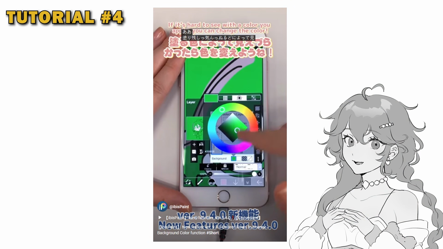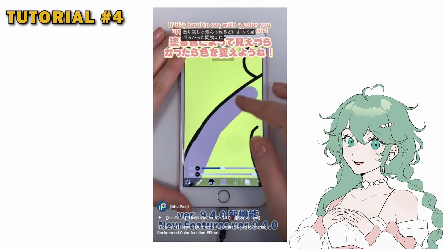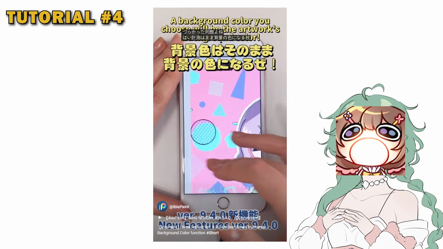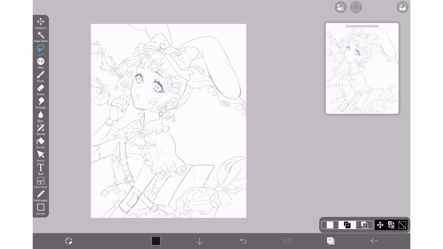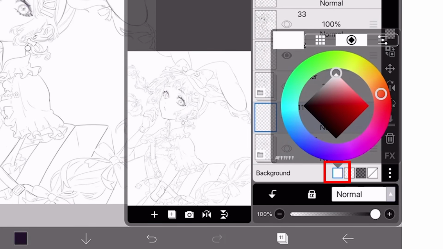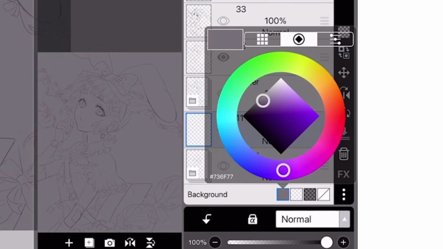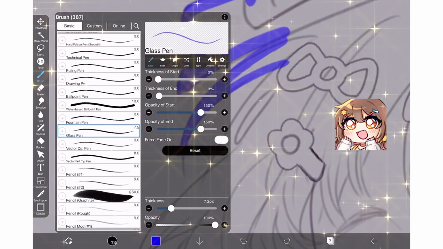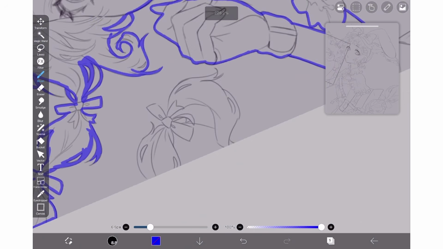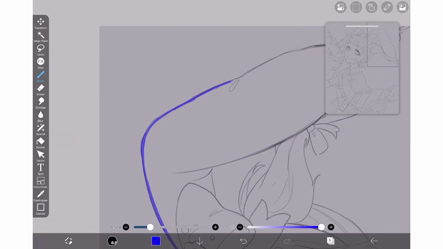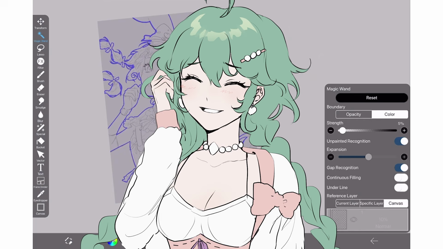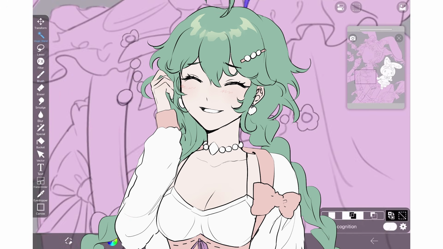You can change the background by just tapping on that little icon. Let's try it. To access this function, all you need to do is open the layer menu, and then at the bottom right, select the white background color, change it to any color you want. I'm going to select a gray color. Now you can easily see where you're coloring and also change the background at any time you want. This is a very useful tip, and it is a very convenient way to easily change the background color. However, I'm not sure if it deserves a brownie point just because it's not entirely groundbreaking stuff.